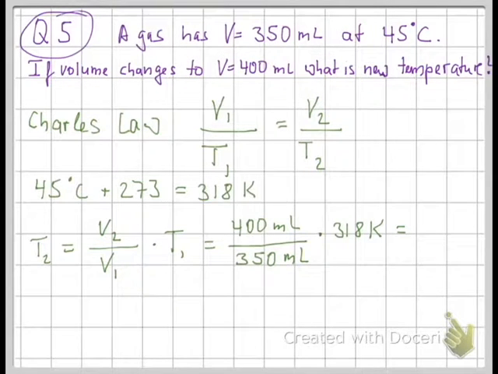I had to pause this for a second because I didn't have my calculator ready. Alright, so what I came up with was 363.4, which is exceeding the significant figures that we need. 363.4, that's a K right there at the end for Kelvin, which of course is not the answer that we wanted. We want to go from Kelvin back to Celsius, and as I said, not consistent with sig figs here,